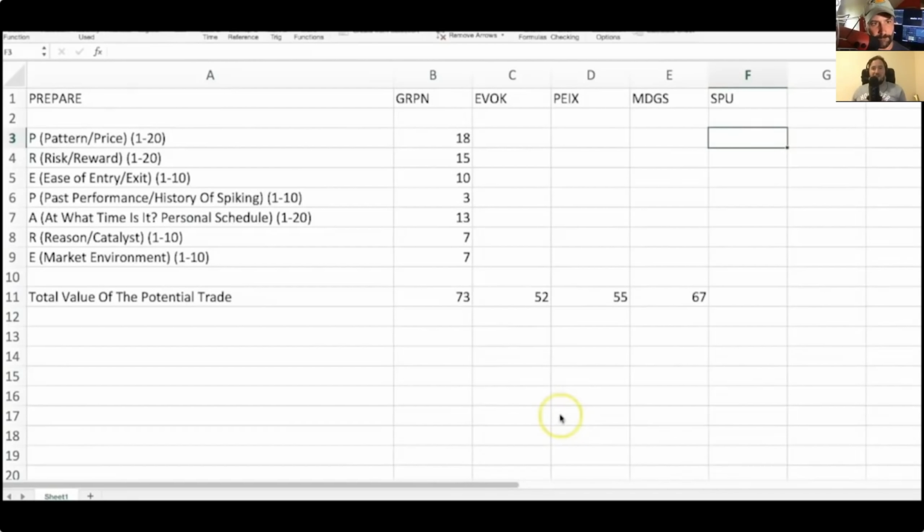Yeah, I mean, I don't even like longs, but when I think about it, it's a $0.50 break. It's a low float. It's high volume. It's breaking on high volume. It's got a history of running. No doubt it's one of the top percent gainers of the day. It's got all eyes on it. I'd give it a 19. Risk to reward.